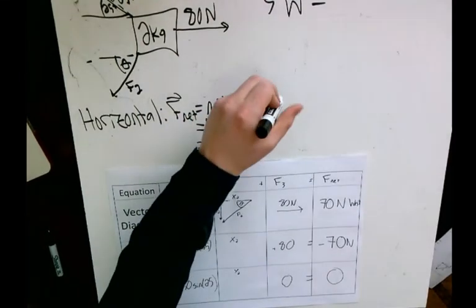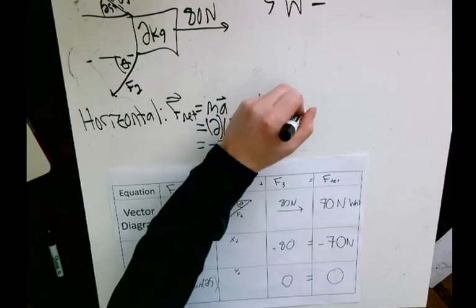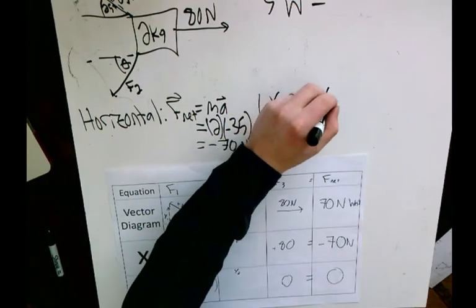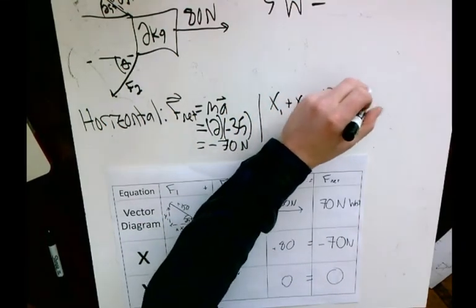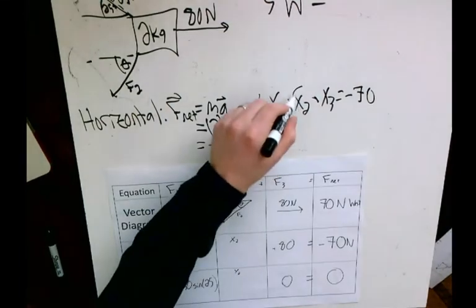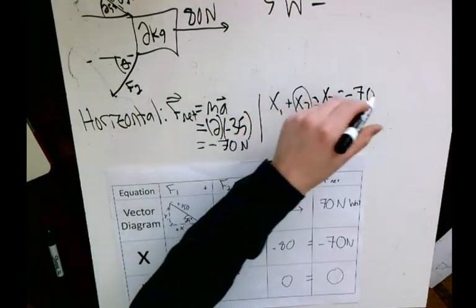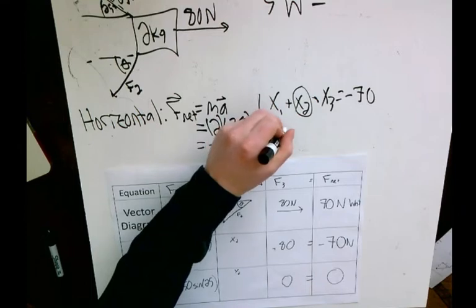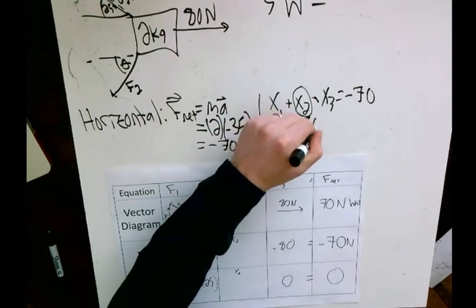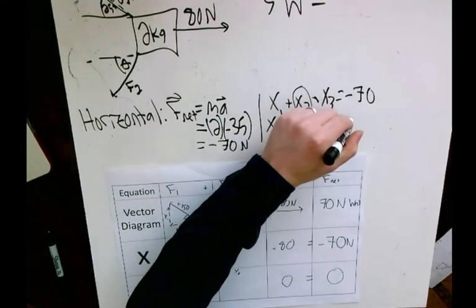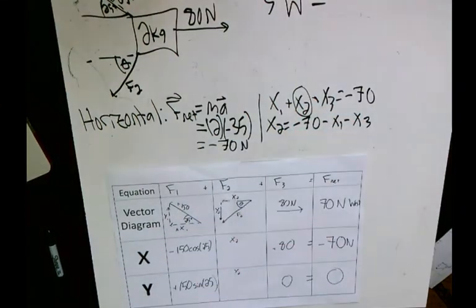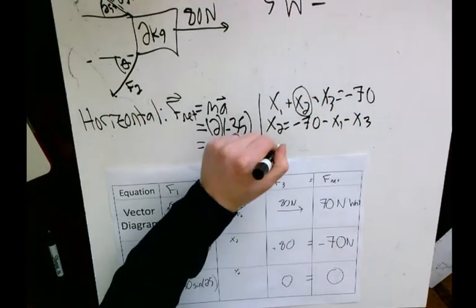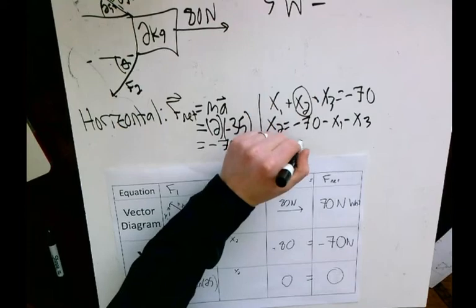We know that x1 plus x2 plus x3 is equal to negative 70. We're solving for x2, so we're going to subtract both sides by x1 and x3. And we can solve for it. Negative 70